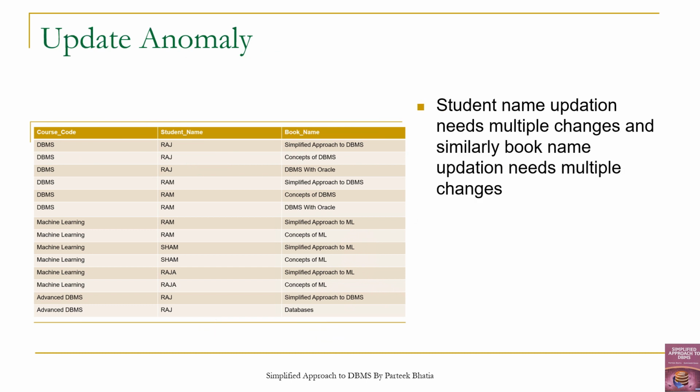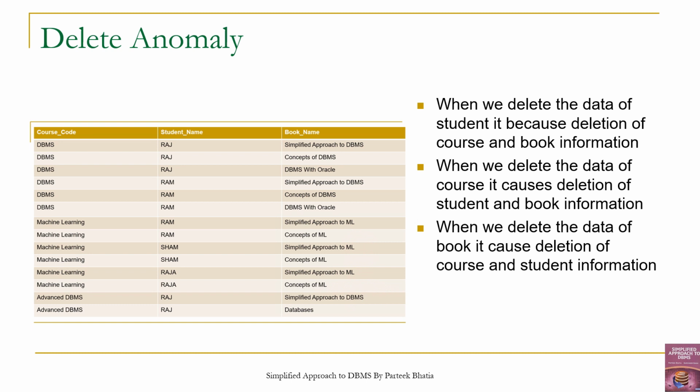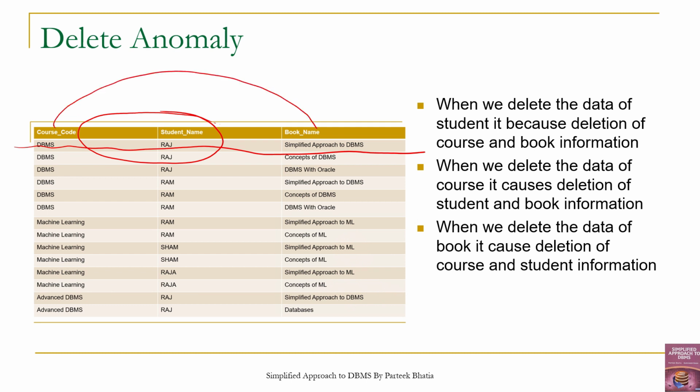Now let's discuss the problems of update and delete. We are repeating the name of the book. We are also repeating the name of the student. So this has issues with update. If we remove a particular row, it will remove the full information about the course, student and book name combination. If we have to remove the information about any two-column combination, again we have to remove the full row, and it will also remove the information about the third column. Whenever you have to remove two columns, it will always cause the deletion of the third column, which is unwanted.